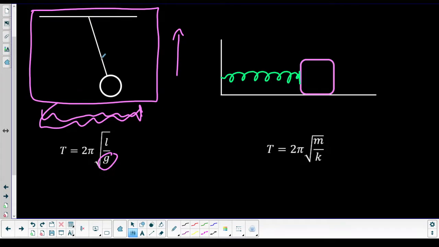If I were holding it on my lap, there's a rocket on, this thing's getting pressed down into my lap, and it feels heavier. So we can artificially increase G by accelerating up, or if we accelerate downwards, then it's